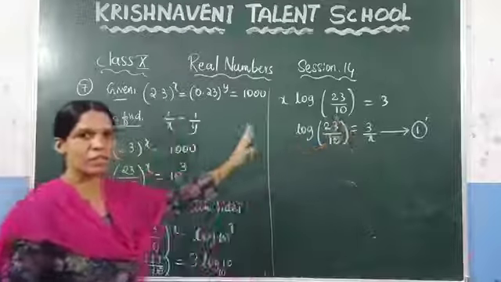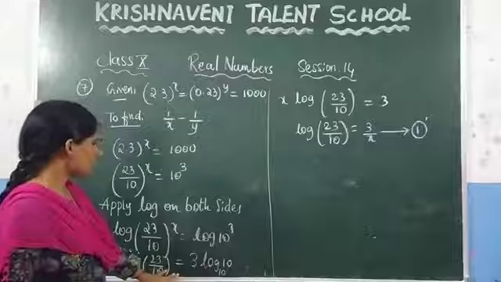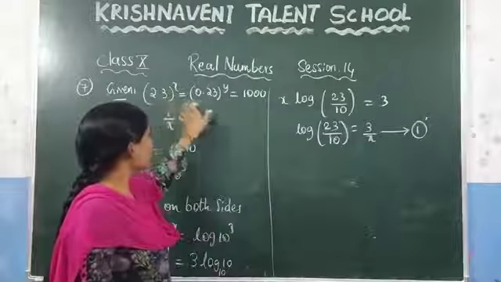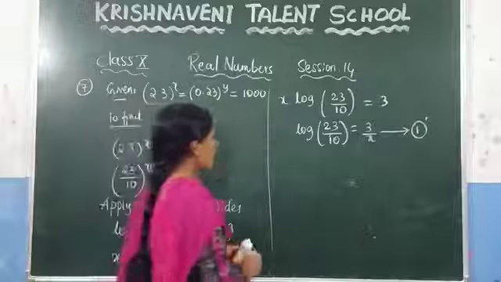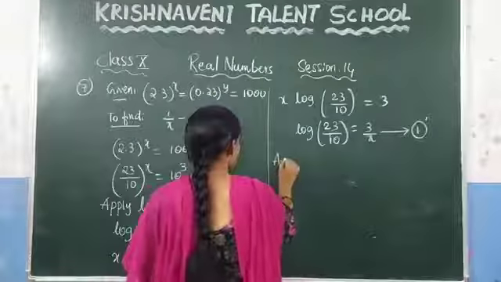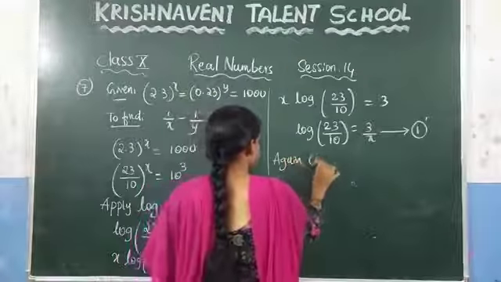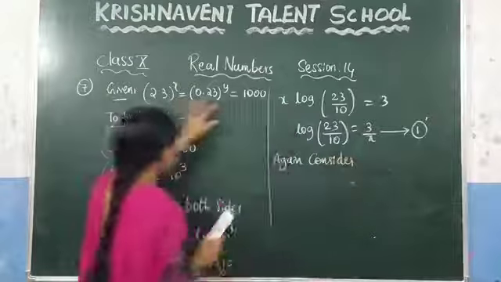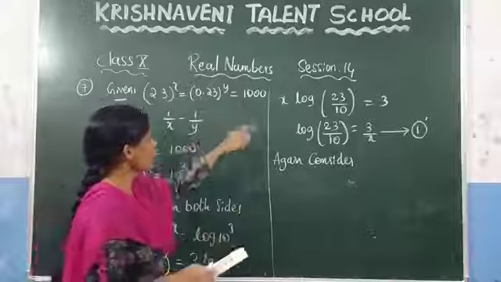After that, what can we do? Let us solve. First take this solution. After that you will get this equation. Now make these two values equal. First we considered these two values are equal. Now take these two values.